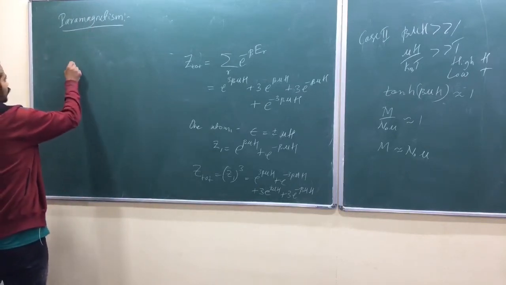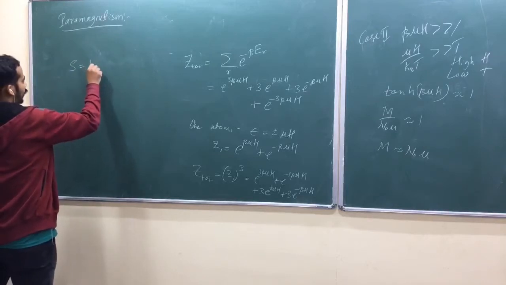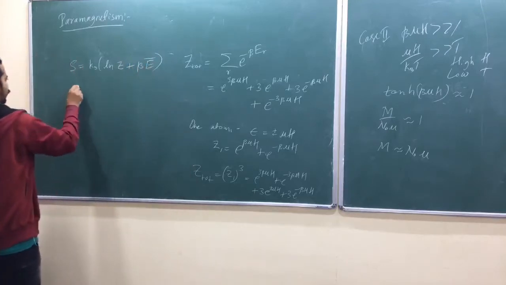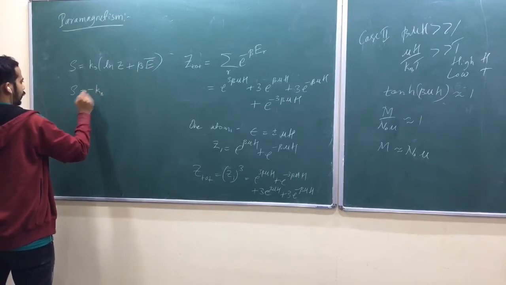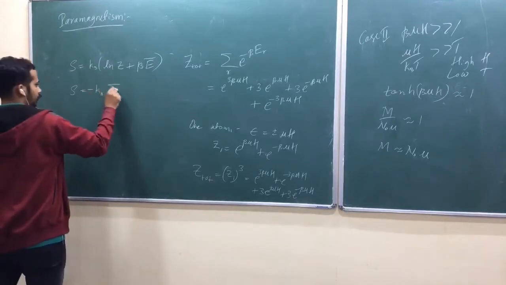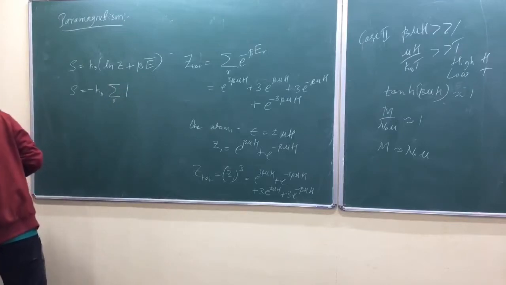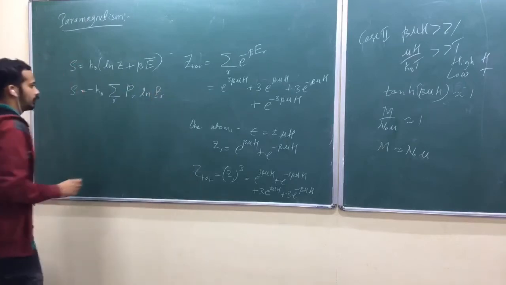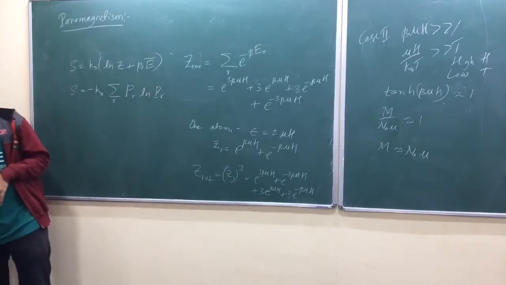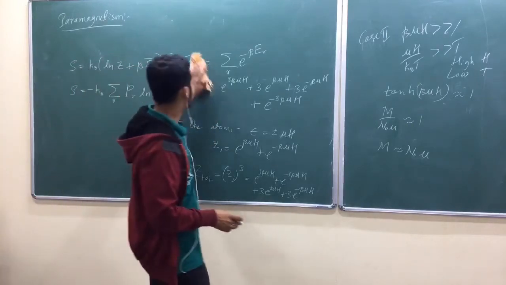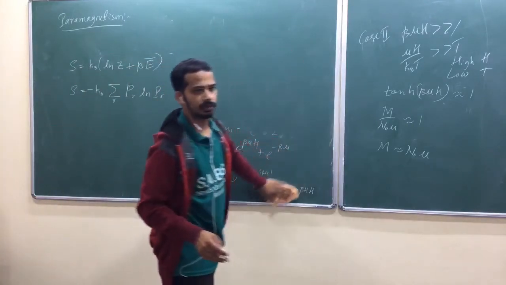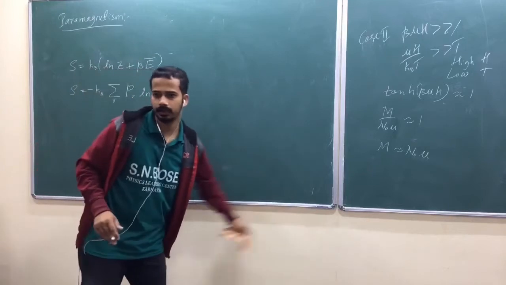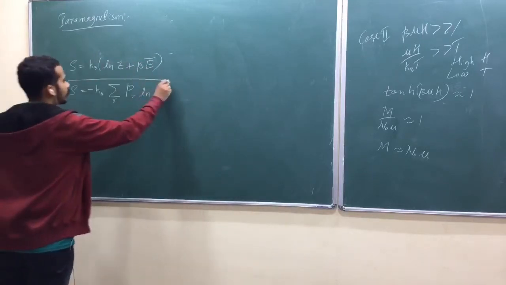So entropy, we have written, I think, S = Kb ln Z plus beta times average energy, am I right? The same entropy has another formula: minus Kb summation over r of probability of getting the rth state into log of probability of getting the r state. Don't think it is negative, okay? Probability of getting the r state is always less than or equal to 1, and log of a quantity less than 1 is negative, so it will be positive ultimately. Is that okay? And remember this formula, he has done the derivation also.